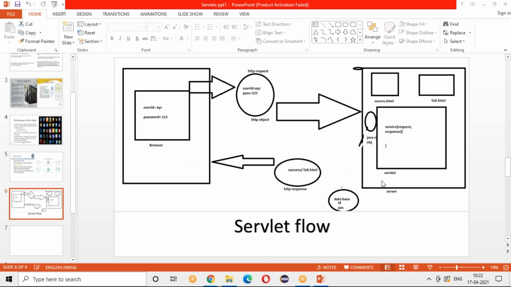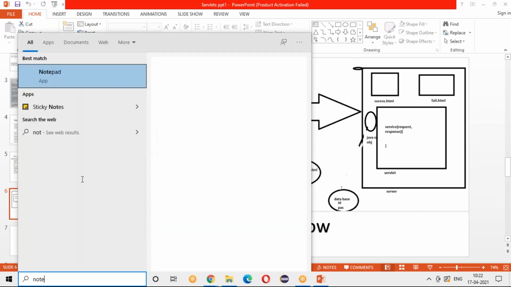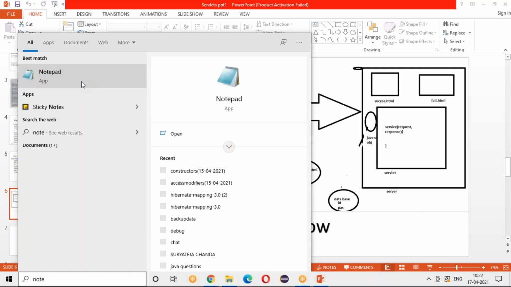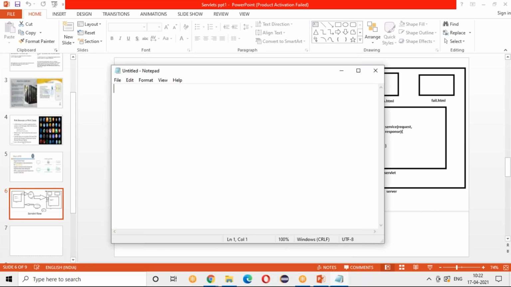Okay. So there are three ways that you will develop your servlet class. Three ways of developing your servlet class.